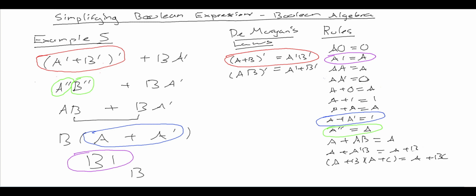Okay, so that's just 5 examples of how we can use Boolean algebra and these rules and De Morgan's laws to simplify Boolean expressions. What is worth noting is that these laws down here are derived from these rules up here. So if you can't remember these ones, then you don't need to remember them, basically,